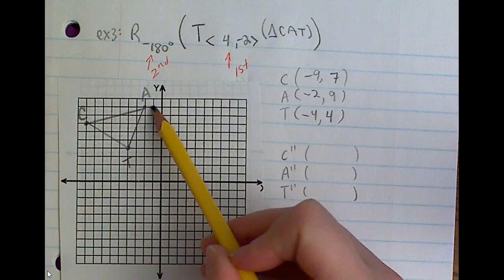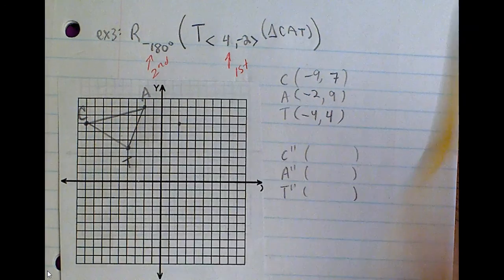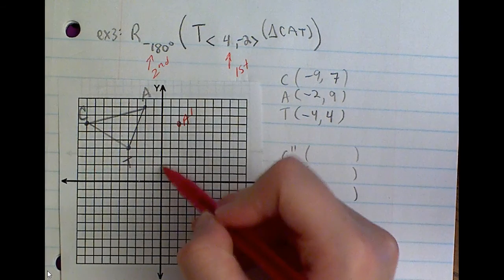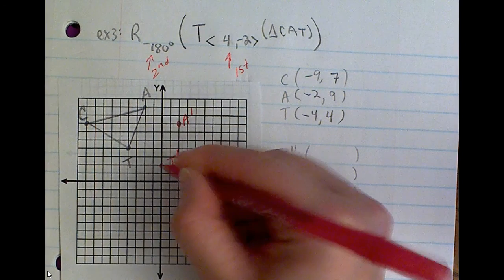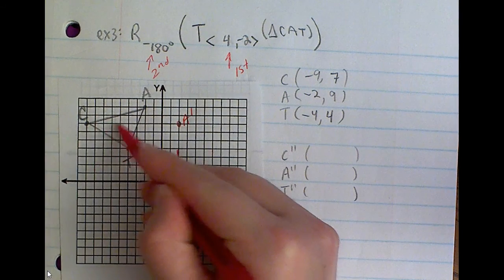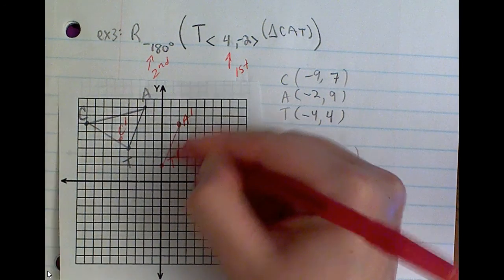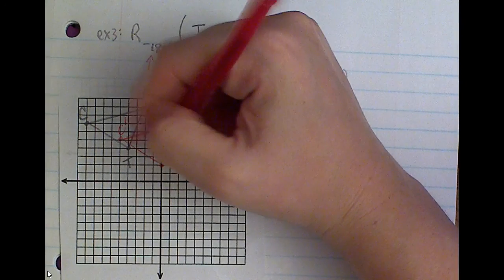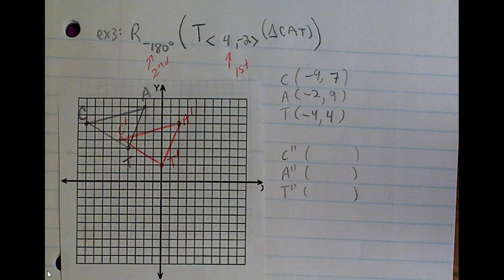So I'm going to move each point 4 units to the right and down 2. Here. So there is my first image,